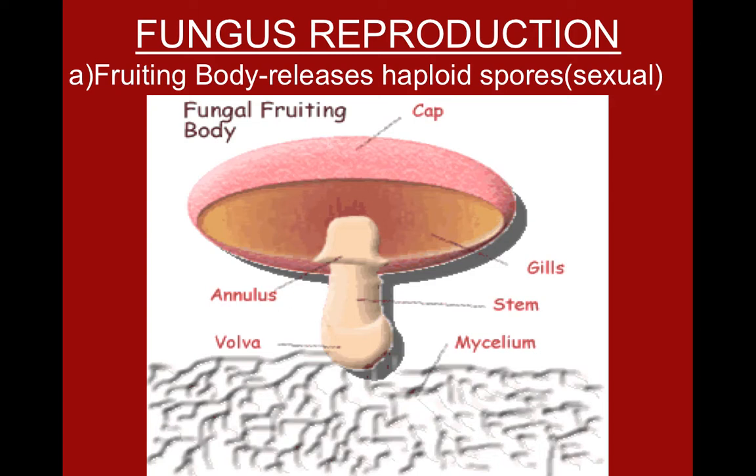So as long as they meet up with another spore, they can actually merge and make a new organism. So that would be seen as like sexual reproduction. What we see down here is the mycelium. The mushrooms only come up when they're starting to, and mushrooms are not the only type of fruiting body, which we'll talk about, but when the fruiting bodies come up like a mushroom,